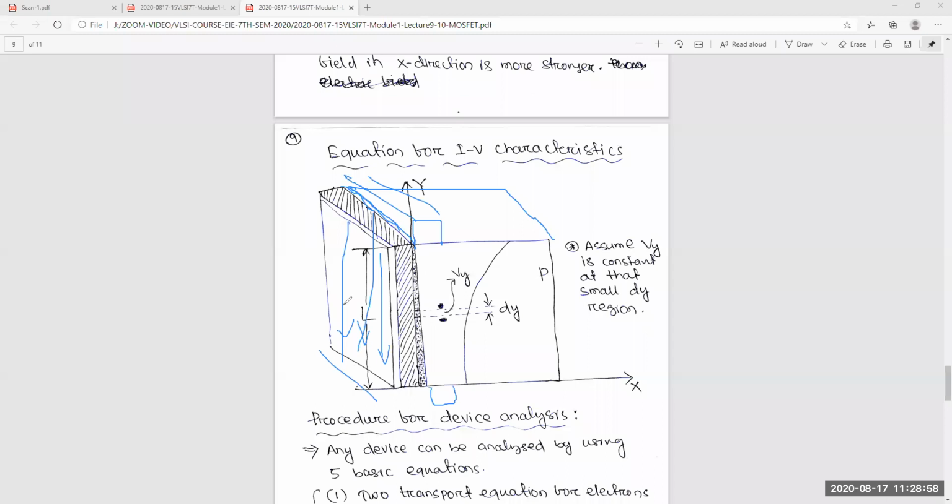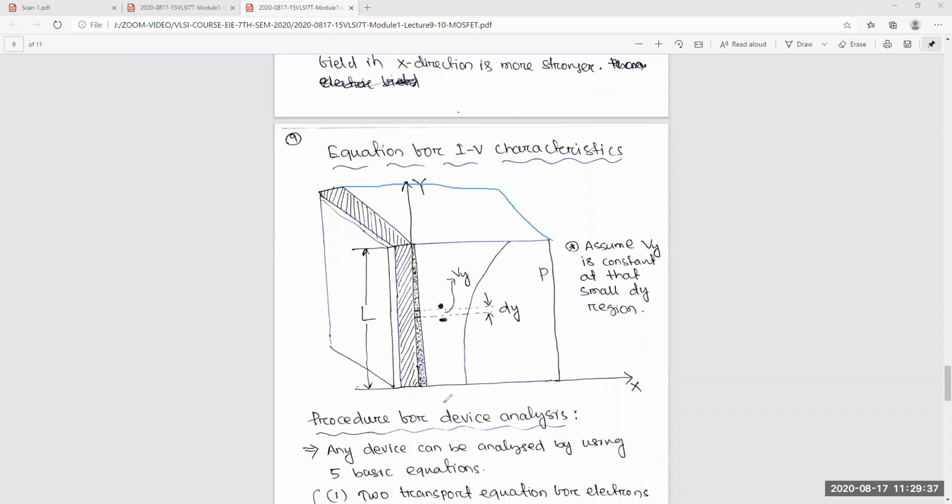Though there is a width of the transistor, generally we say W is equal to something, L is equal to something. You are taking L here. This is the L. Where is the W? This part is nothing but the W. So from every point the current is flowing from drain to source. This is the three-dimensional view.